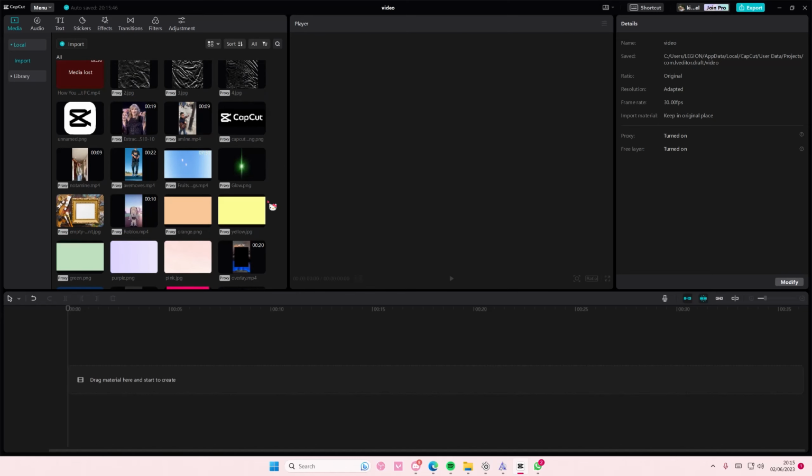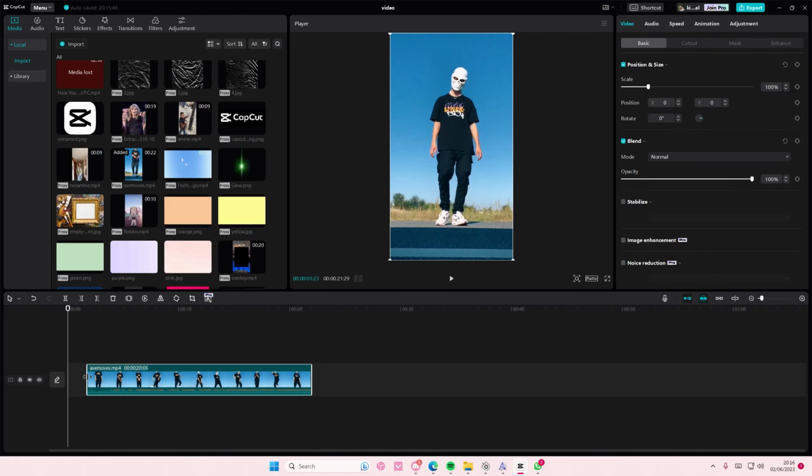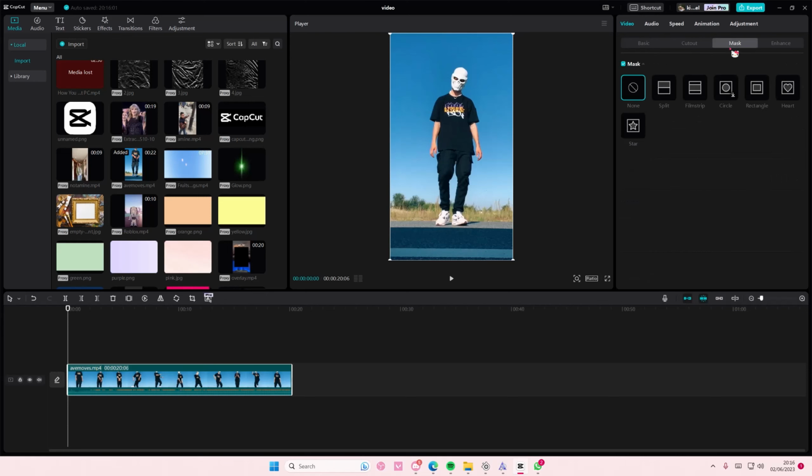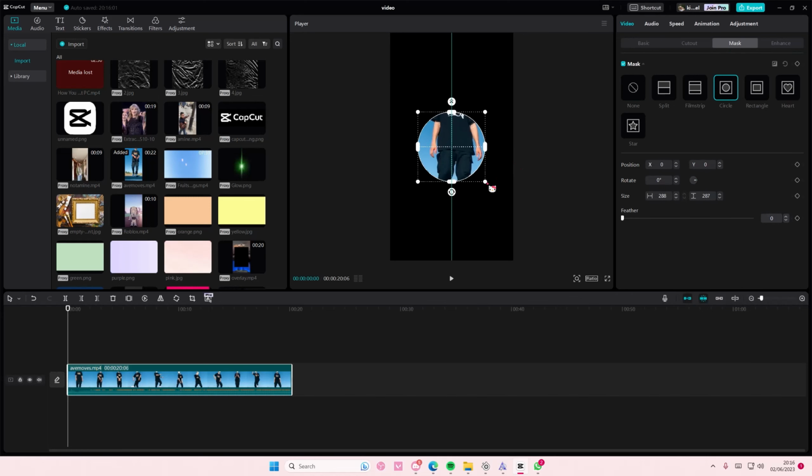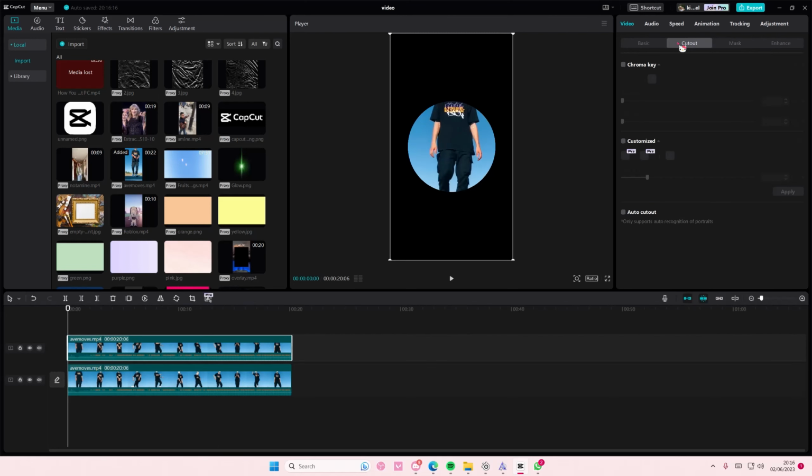In this video I'll be showing you guys how you can create this out of the frame kind of video edit on CapCut PC. So I'm just going to grab this video real quick, then I'm going to select mask first, and I'm going to select the circle shape for instance, and then I'm going to copy and paste that video, go to cutout, and I'm going to select the auto cutout